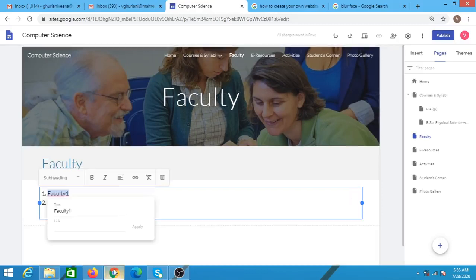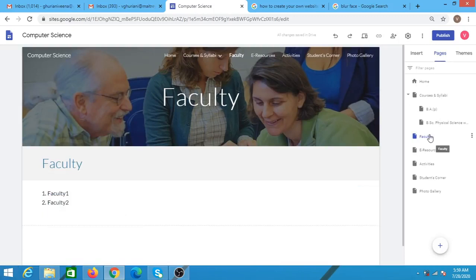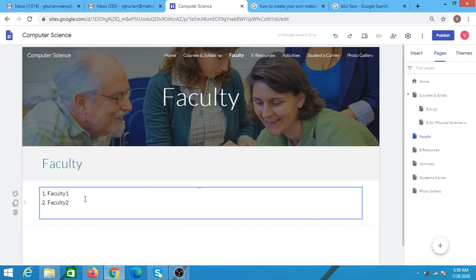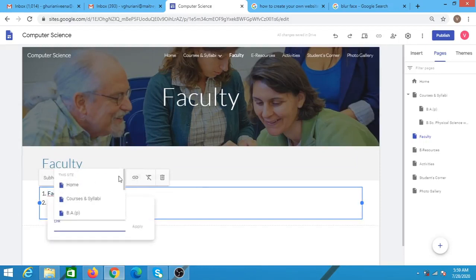The URL could be the website address of the website that you have created for yourself, or you can create a page here itself by adding a sub page below the faculty as I've done earlier, and create separate pages for each and every faculty. In that case, you have to simply select the faculty name, go to insert link. It prompts you with the different pages that are already created. So in this case, if you have a page for every faculty, you can select the page from here and click on apply, and it is done.